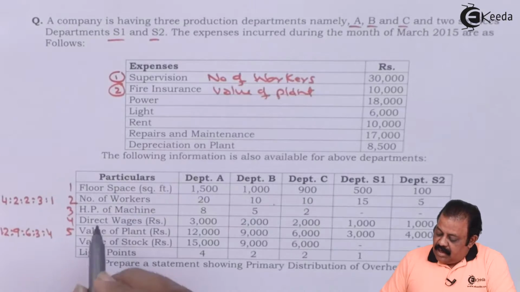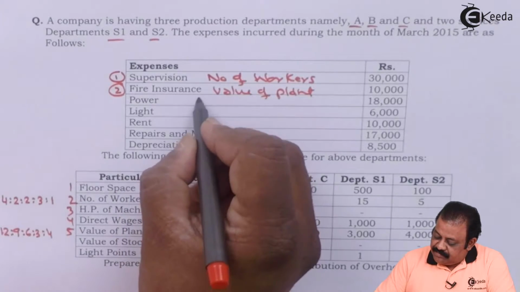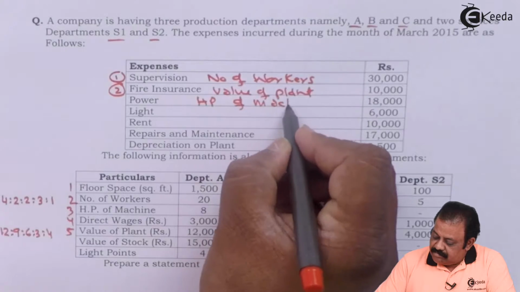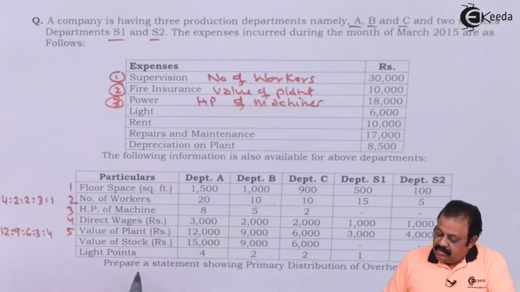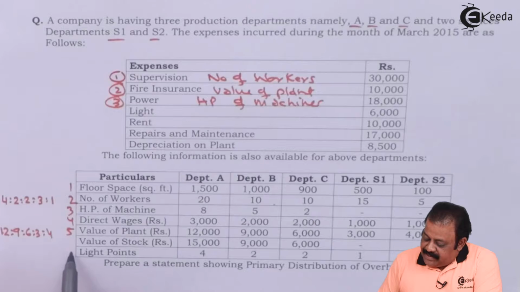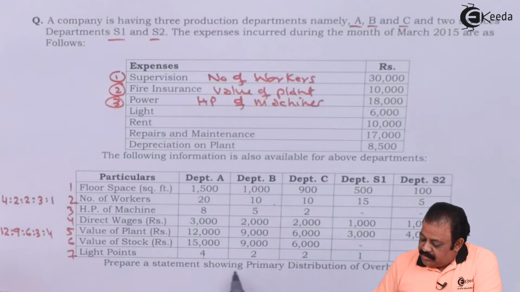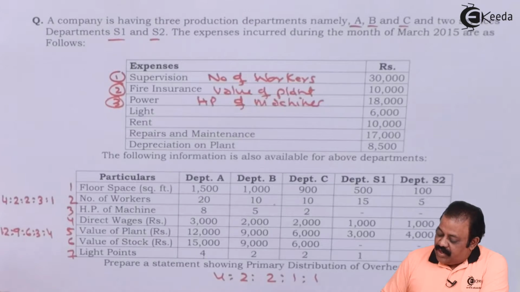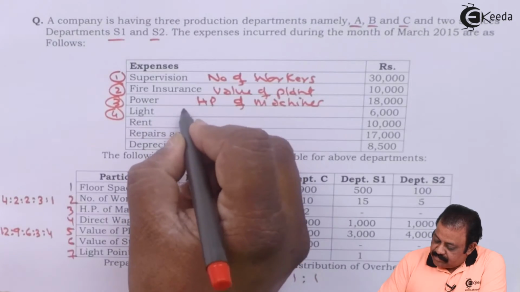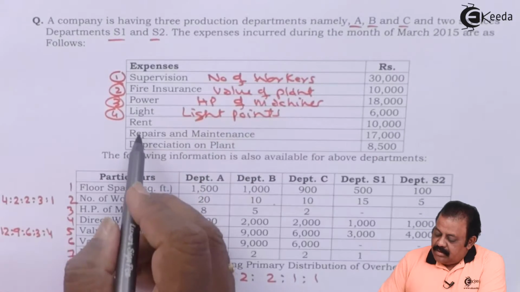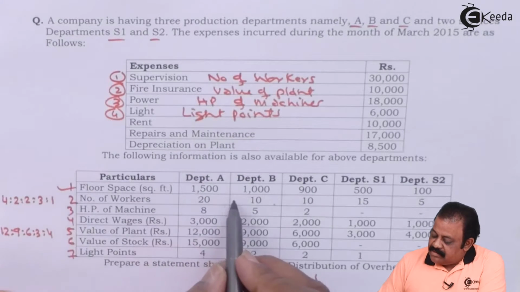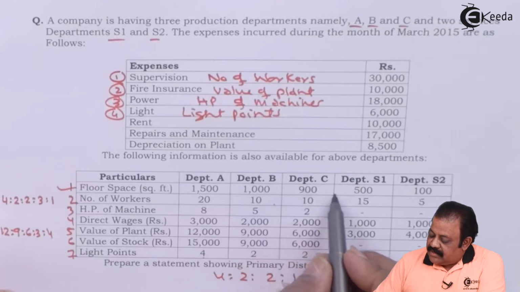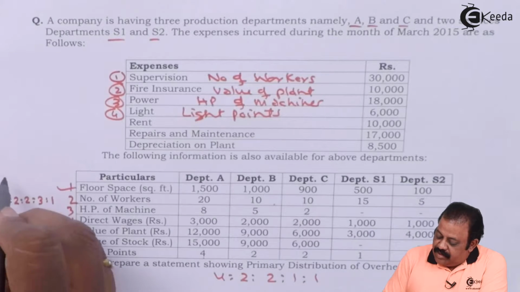Power, horsepower of the machines. Light points 4, 2, 2, 1, 1. So the ratio is 4 is to 2 is to 2 is to 1 is to 1. Rent, floor space 1500, 1000, 900, 500 and 100. Ratio will be